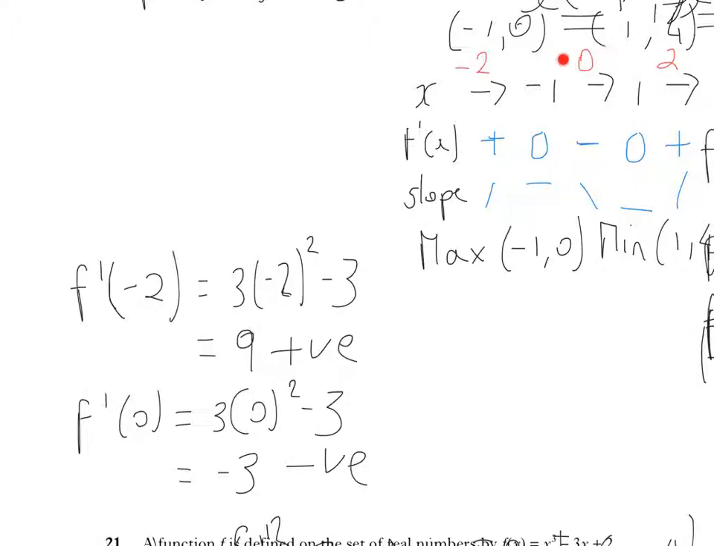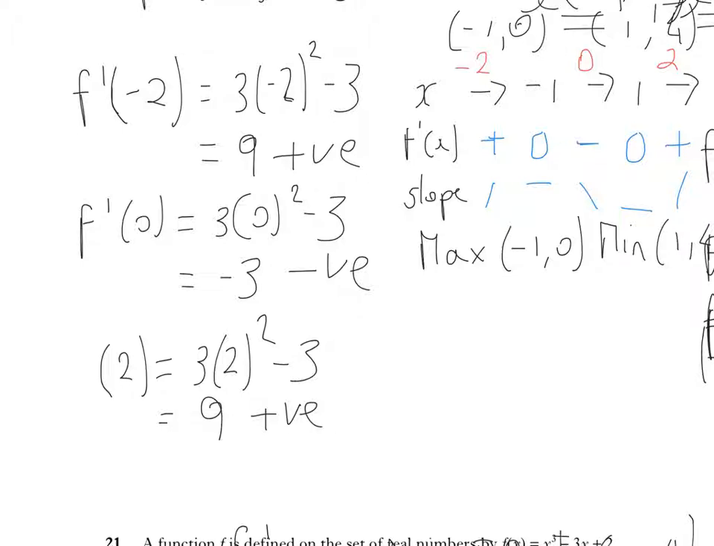Then look at my next neighbouring value, which I'm taking as 0. Sub it into the differentiated function. 3 lots of 0 squared minus 3 is -3, and therefore that is a negative result. Finally, look at my neighbouring value of 2. Sub it into the differentiated function. 3 lots of 2 squared minus 3, so that's 12 take away 3, and that's 9, and that is positive